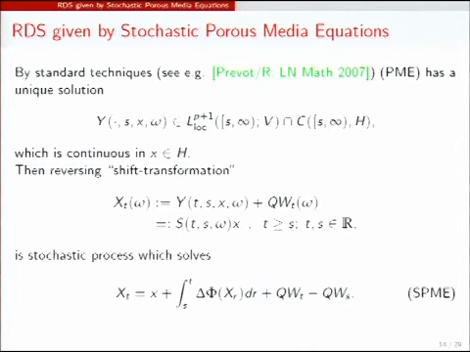Okay, so for every such fixed omega, and for instance, in my book with Claudia about the stochastic porous media equation, you just take the noise equal to 0. You find exactly the theorem you need to get this solution. So for any initial time, initial datum x, and any fixed omega, you find a solution in this space. So it's continuous, starts at x, it continues in H minus 1. And it has this local integrability property. So it's L^{p+1} in time with values in V. And remember the V, I wrote this on the board, is L^{p+1}.